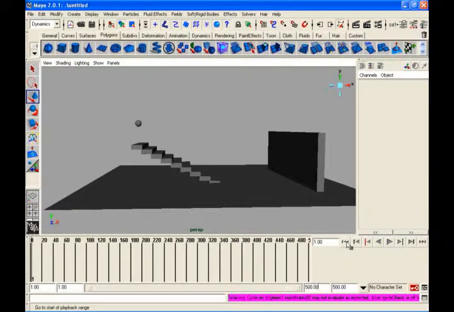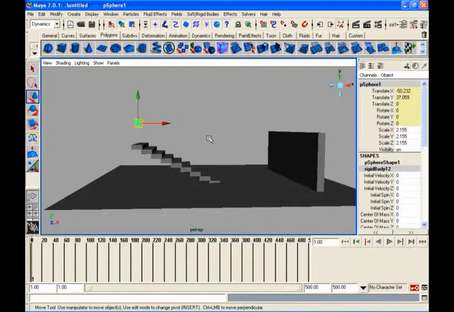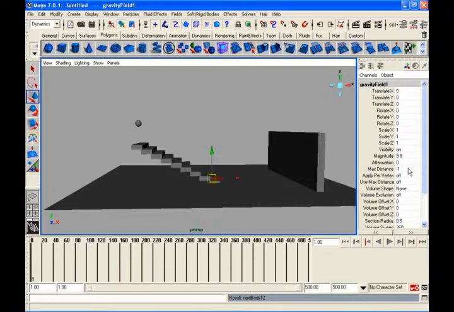So what is the first force that works on the earth? Gravity. So I have to create a field, a force. What you have to do is select the object on which you want to put this force and go to fields, say gravity. See, gravity has a magnitude. Magnitude means power of 9.8, which is the default gravitational force of the earth. So presently this situation is on earth.